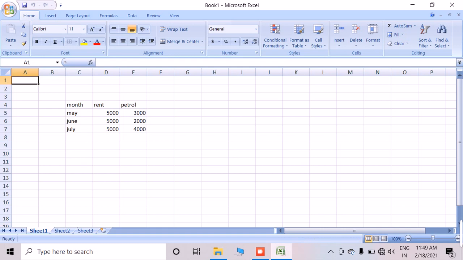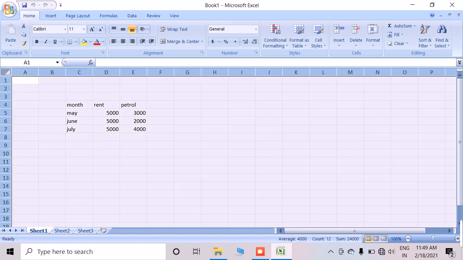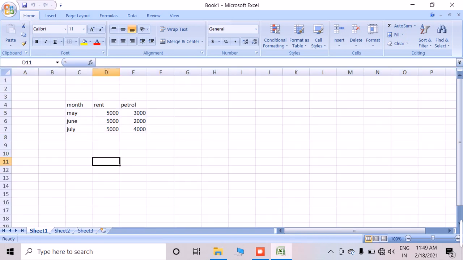If you need to select the entire worksheet, just press the Select All button. So this is the Select All button. If you click the Select All button, automatically you are able to select the entire worksheet. Yes, children, try it yourself. Do the practice time also. Okay.